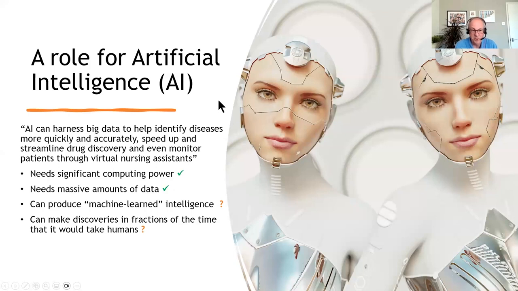So what AI can do, it can harness all that big data. It can take every bit of information that's in all the library books, in all the libraries. But what we can use it for in health data is to try and identify diseases more quickly, in particular to speed up the way diagnostics happen, to spot disease at an earlier stage, perhaps with particular symptoms. And you could also use it for monitoring patients through things like apps where the AI can watch what's happening with your heartbeat, watch what happened with your activity, and it could give you prompts or could monitor what's happening with you in real life.